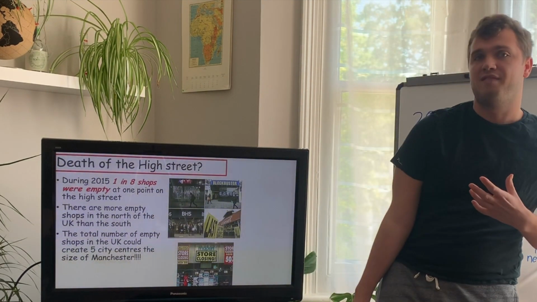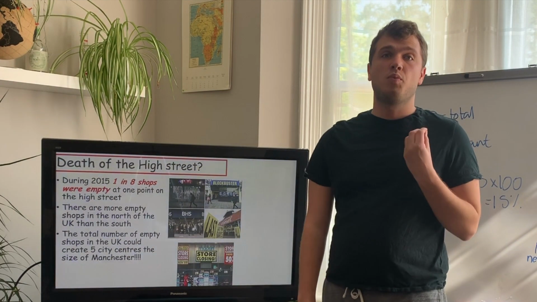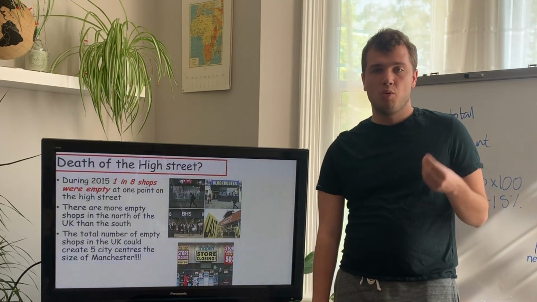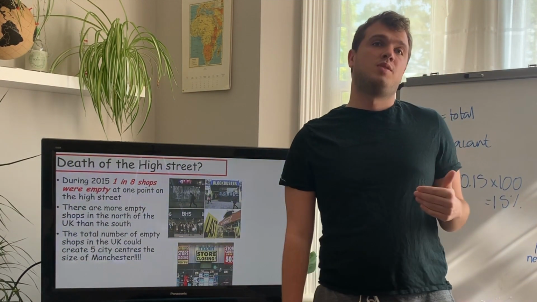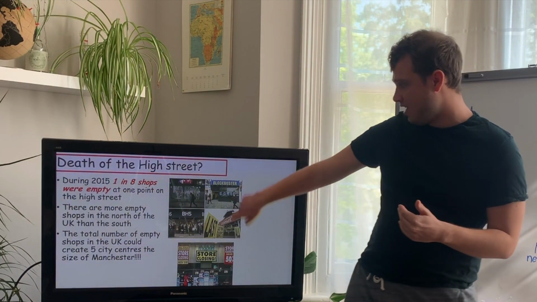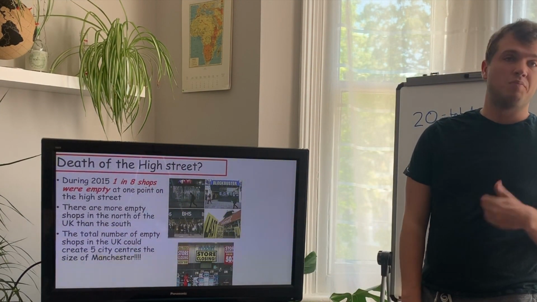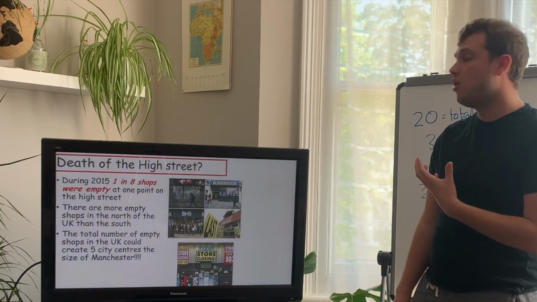So we've also spoken about the fact there are quite high vacancy rates. And this, as I say, is something that we call death of the high street. As more and more people are doing their shopping online, it's led to high streets not being able to have the same amount of footfall and have the same amount of customers. So we can see here 5 shops that have recently, in the last kind of 10 years, big high street chains that are no longer on the high street.